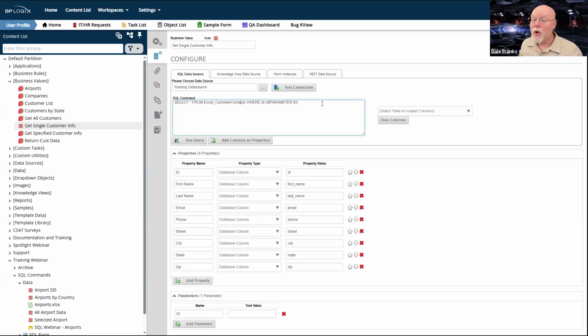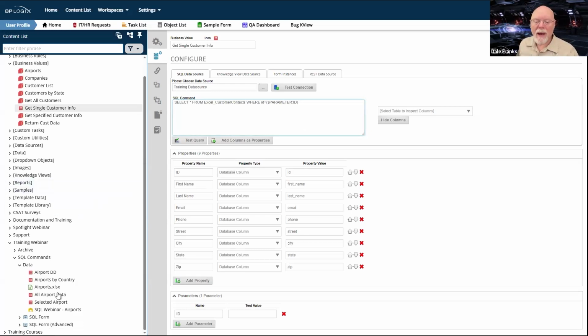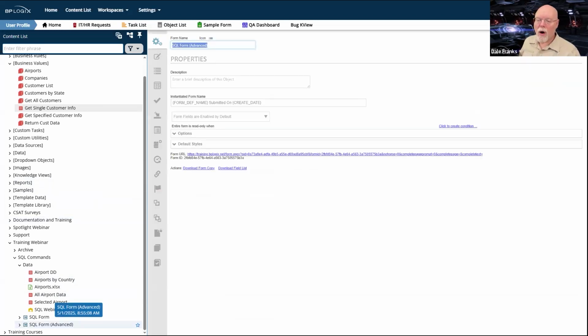So technically, you could put any SQL statement you want in a business value. But if that SQL statement starts with the words update, insert, or delete, it's an extraordinarily bad idea. Because remember, business values are universally available and anyone can use them, which means anyone can run that SQL. So when you're going to do an update, insert, or delete statement, you don't use a business value. You want to maintain full control over what's going on with that statement.